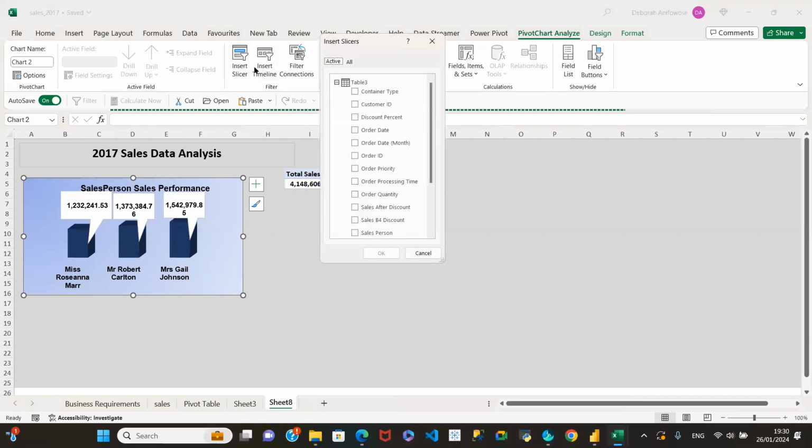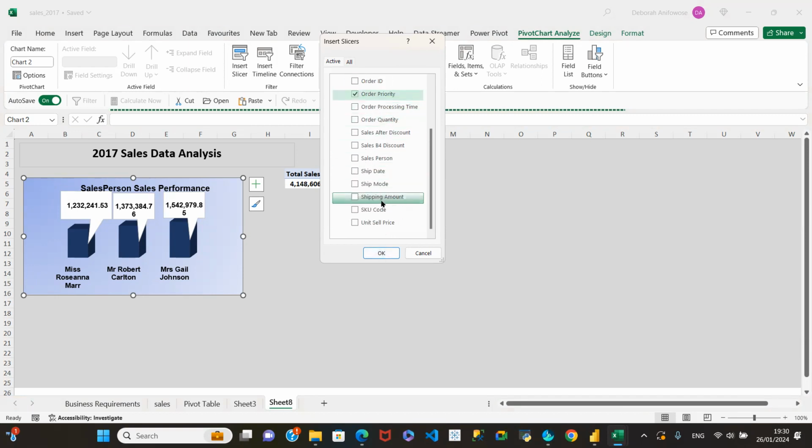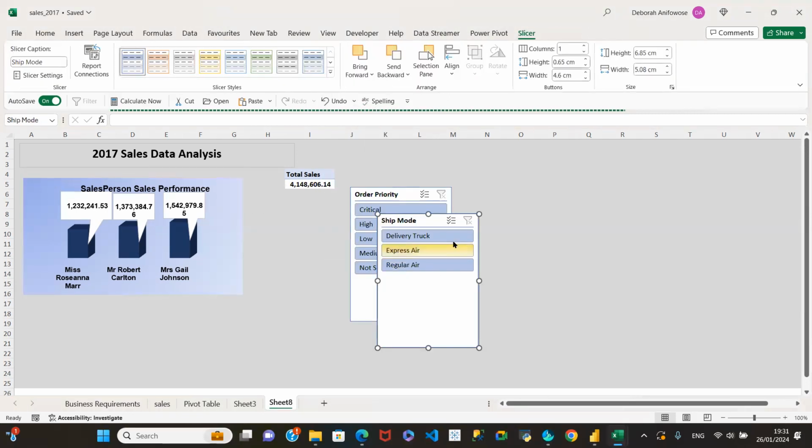So insert slicer would bring all the columns for you and you can look through to see, okay, I want to slice through sales performance and I want to check this by maybe order priority. For example, you can choose as many as possible, by the way, and by ship mode, let's choose 2, okay? So it brings those 2,